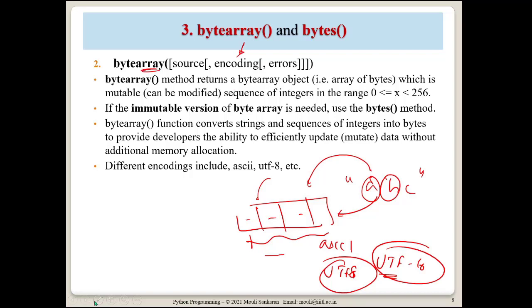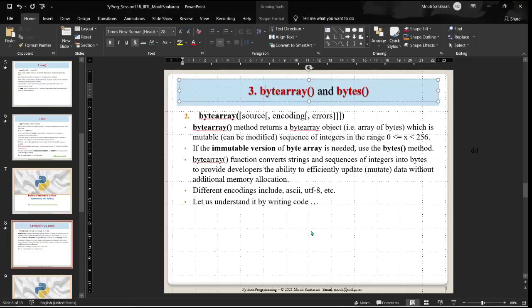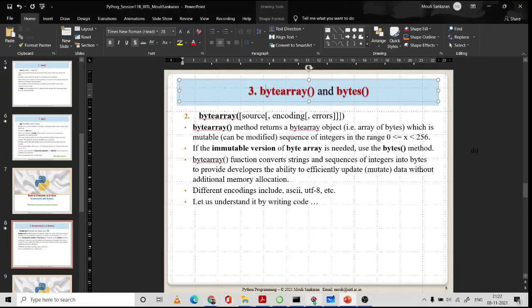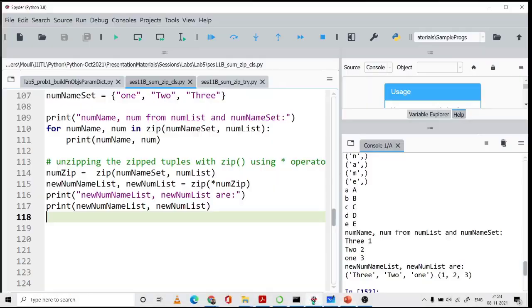You are concerned about exactly how it is represented in the memory image when the object is created. Some errors can also be specified, but I'm not going into the details of that. But at least we'll see how byte arrays can be used and what this limit of 0 to 256 is when we look at the implementation shortly. Any questions? Anyone? Please stop me as usual. Now let us